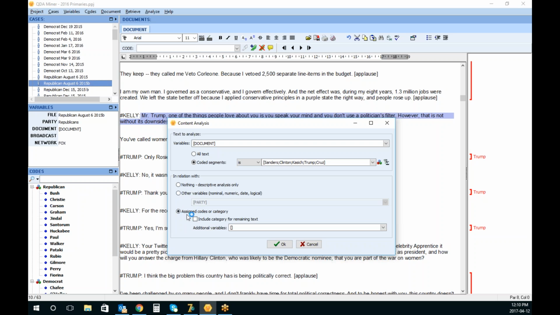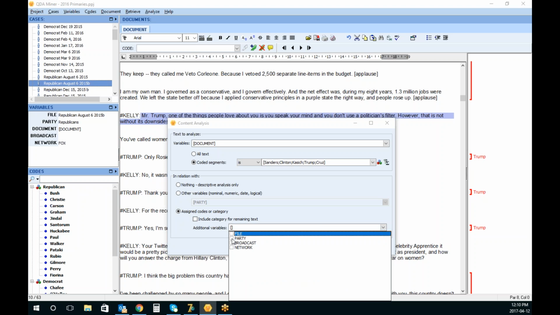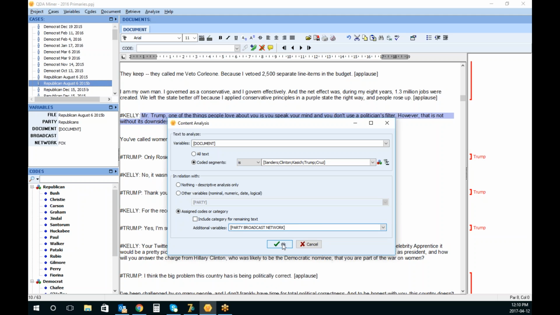So if I do that, I could tell the software to create a temporary data set that will have all speech turns from all those 5 candidates. So it will extract all those parts. And I could even add some variables, so let's have the party, the broadcast, the network, so when the debates occurred. And if I click OK, now the software will create a temporary project and will allow me